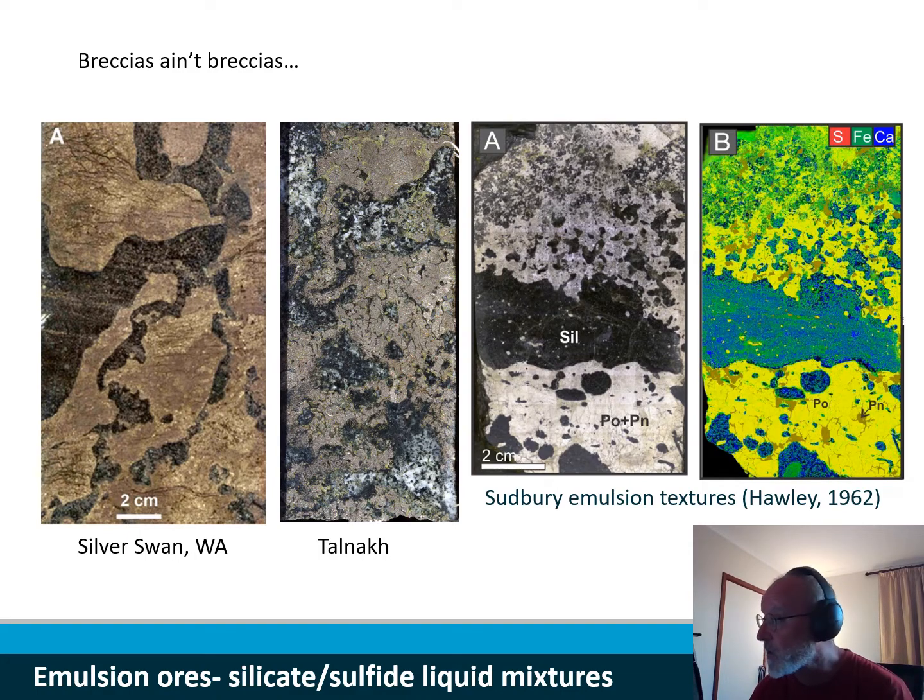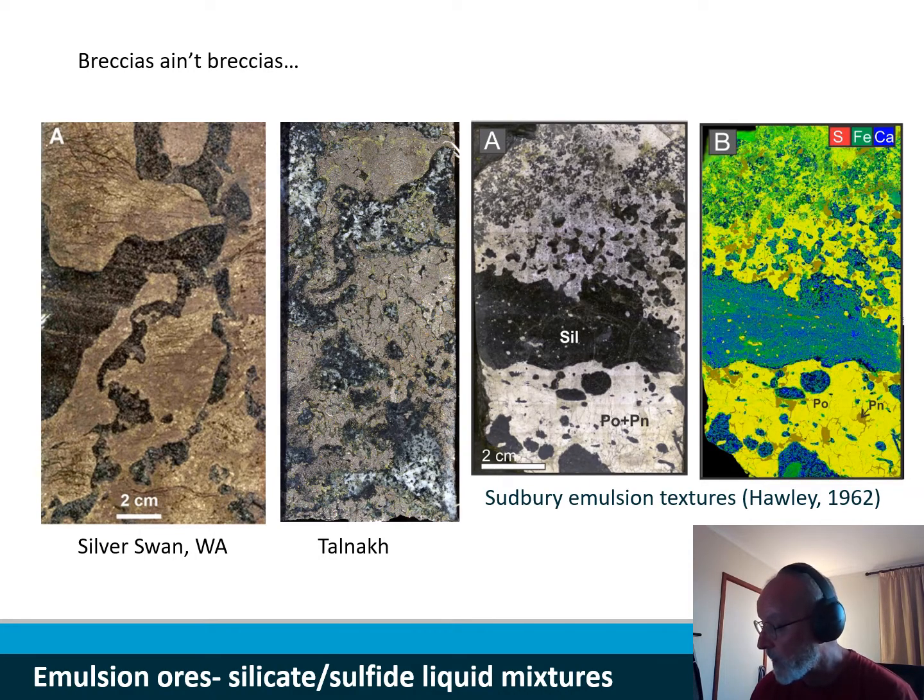These things were actually first identified at Sudbury, and this is a very famous sample. This is a sample of what is known, or used to be known, maybe still is, by the miners at Sudbury as sheep shit ore. And these are little fragments of molten silicate floating around in sulfide. This material was actually first identified back in the early 1960s by Hawley, who was one of the early pioneers of really understanding Sudbury geology. And he was the first to recognize that these things were actually mixtures of liquids, and that these textures were an important part of the growing body of evidence that said that these magmatic sulfide ores were actually magmatic in origin,